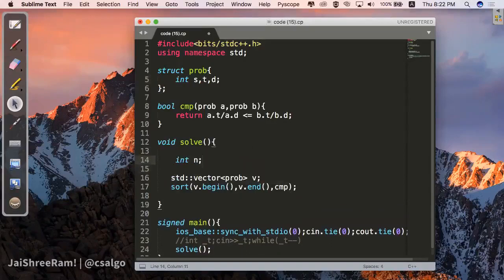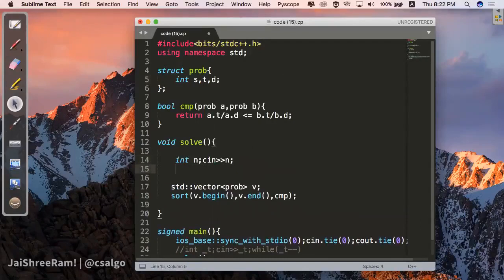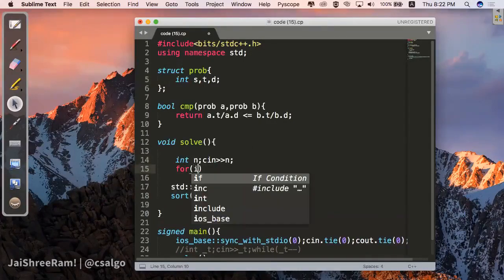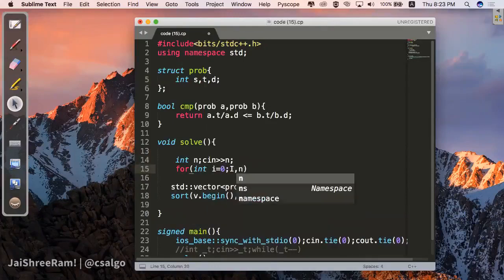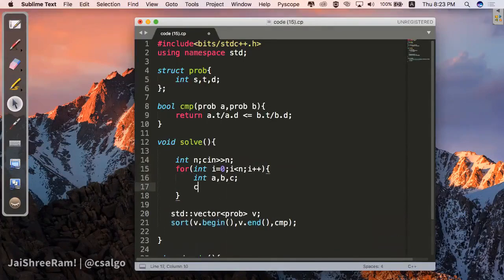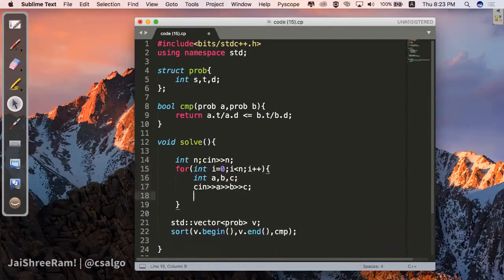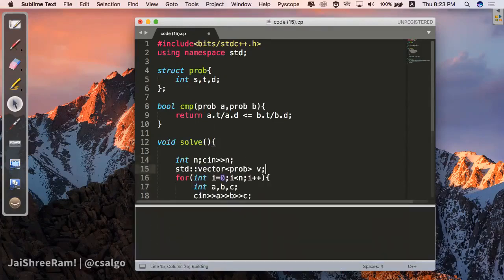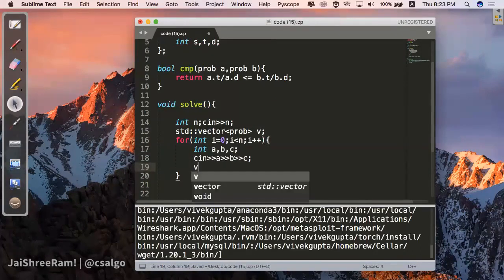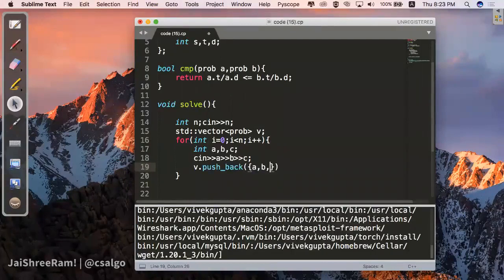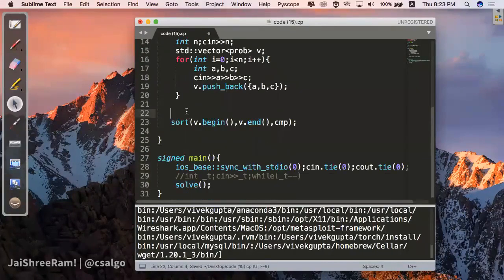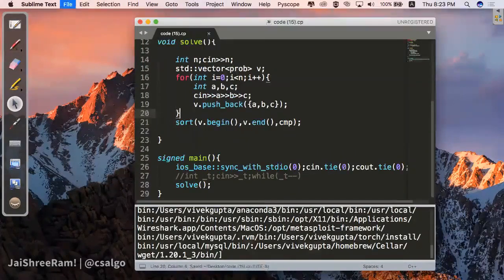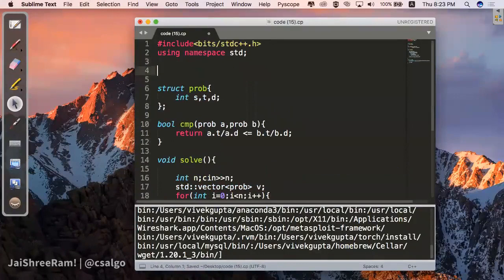Let me take quickly two numbers. So now we want to sort this particular array, and then let's suppose we want to print the array.